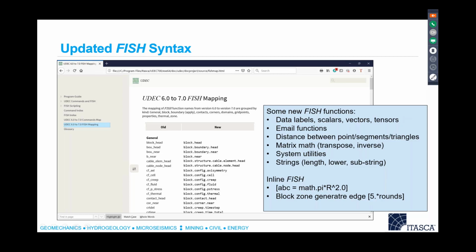We have email functions built in. So if you want to run your model and at the completion of the model, UDEC will send you an email letting you know that the job is done, and so forth. We can look at distances between points and segments and triangles, matrix math, so we can do transpose and inverse matrices, systems utilities for looking at directories and files,